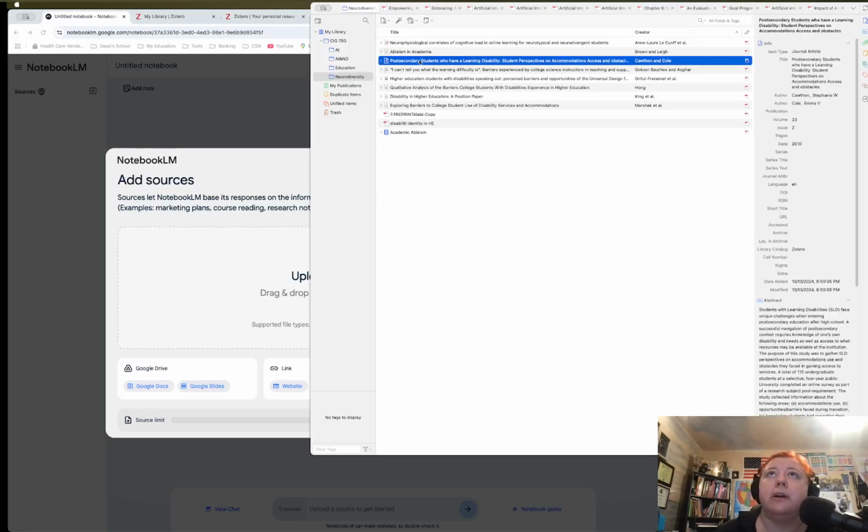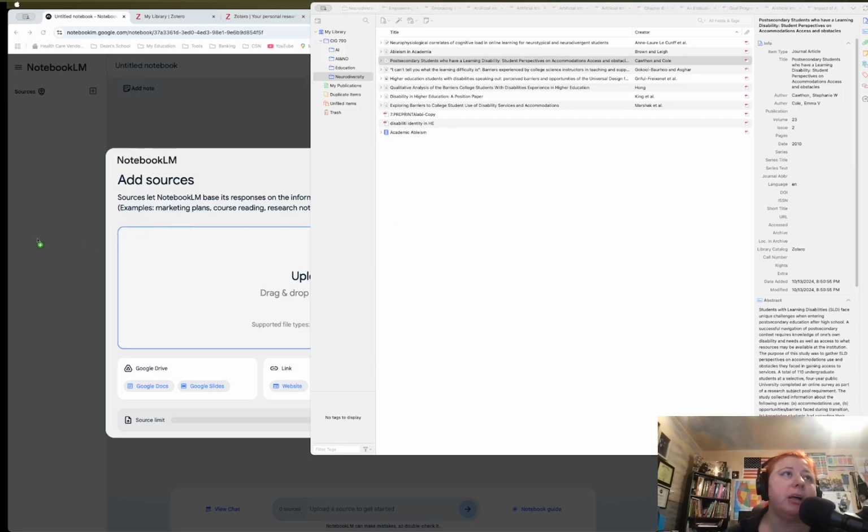So we have post-secondary students who have a learning disability. So I'm going to right click, and I'm going to ask to show me this file in a Finder, basically where it's saved on my hard drive. Again, you do not see this window right now. That's why you only see my cursor moving, because my video recording is set only to show you these two apps on the screen. But I basically drag and drop from that